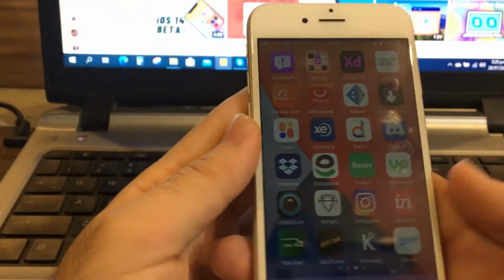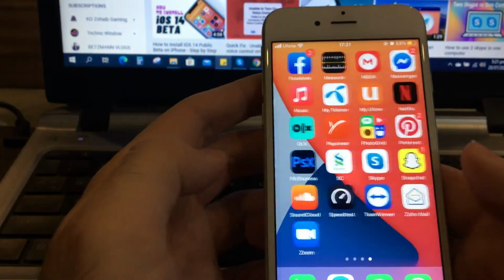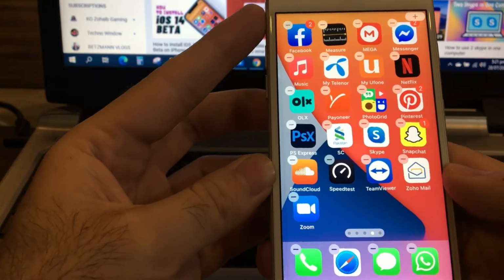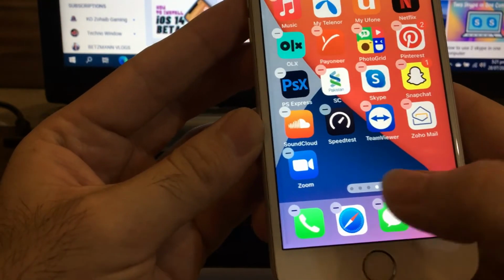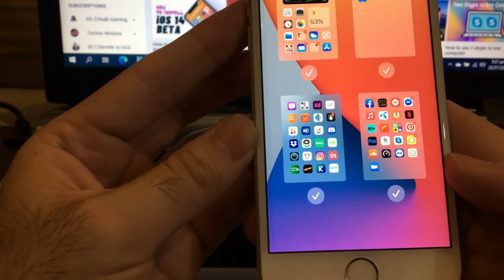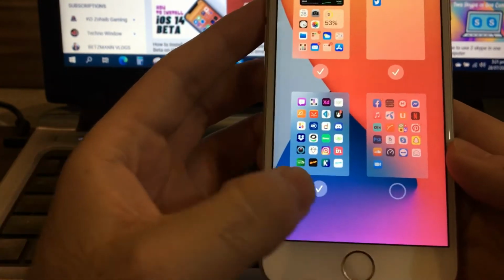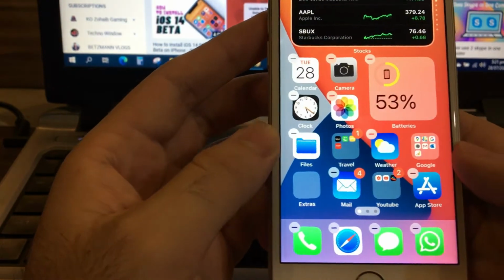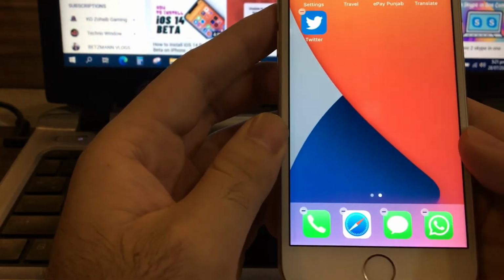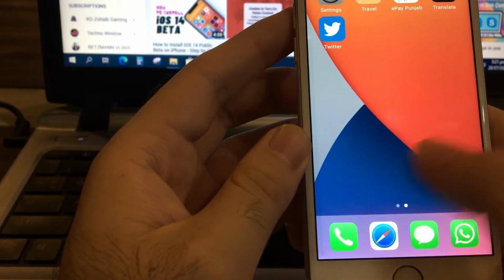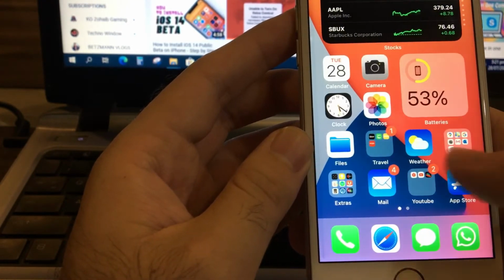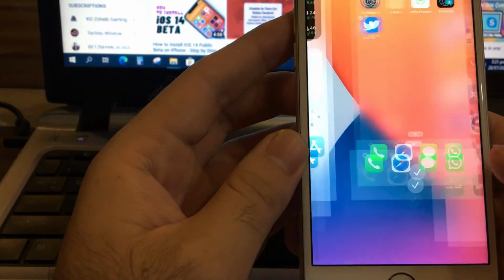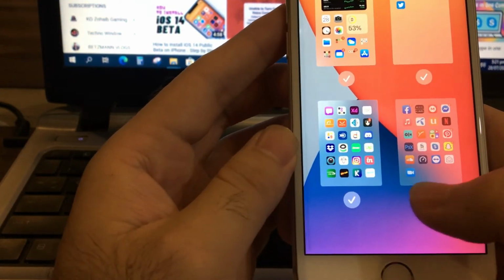The next one is hiding the homepage screens. Another cool feature which has been recently introduced is the ability to hide your home screens. When you are in jiggle mode, tap on these small navigation dots and you will enter the edit page mode. Here you can simply uncheck the pages you want to hide and they will be hidden. If you want to bring it back, follow the same steps and check the pages and it will start showing again.